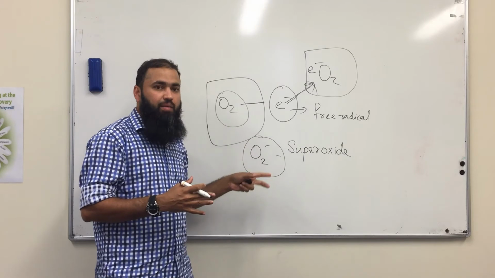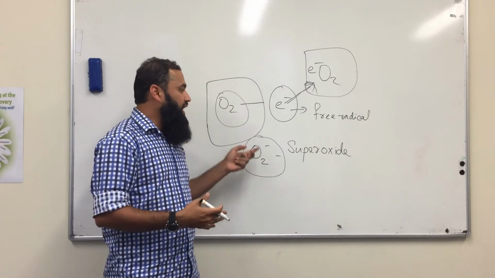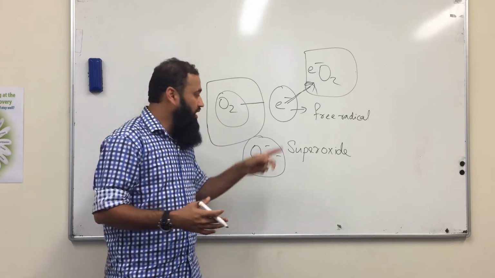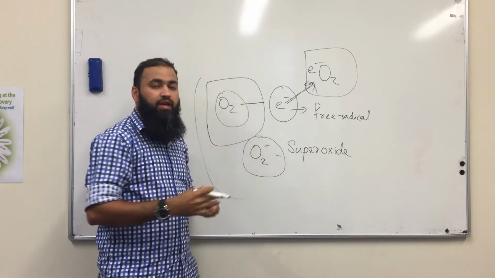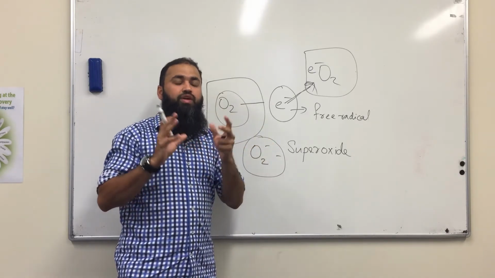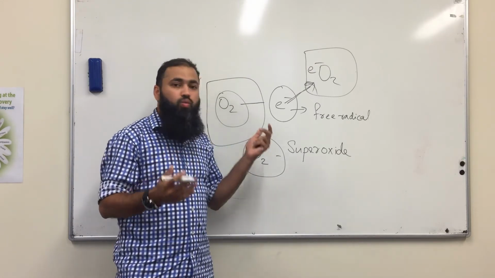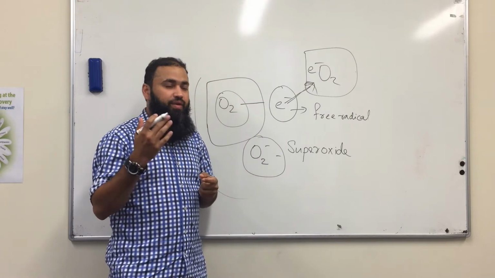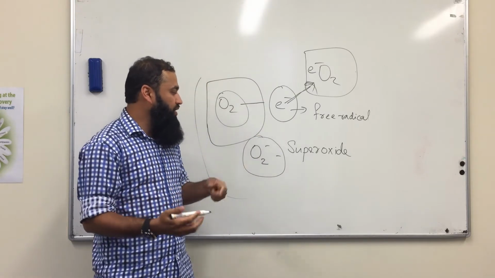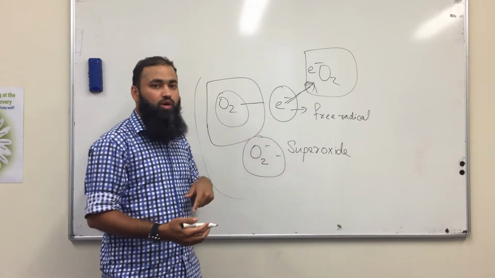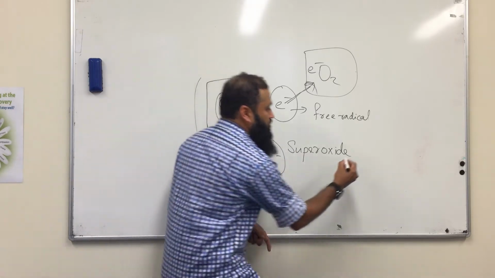Once this happens, our body tries to tackle this injury by multiplying the cells in that area. So it makes a tumor, which we call cancer. Now we are going to see how we can prevent this. The only way we can prevent this is by dealing with the superoxide. How can we remove superoxide from our body? We need to have superoxide